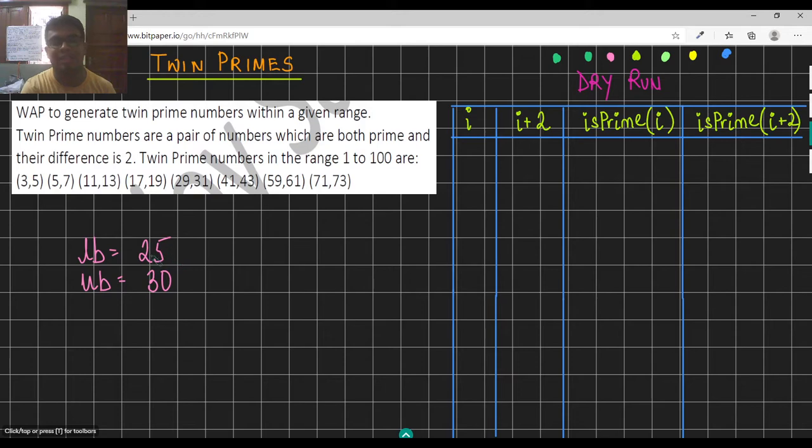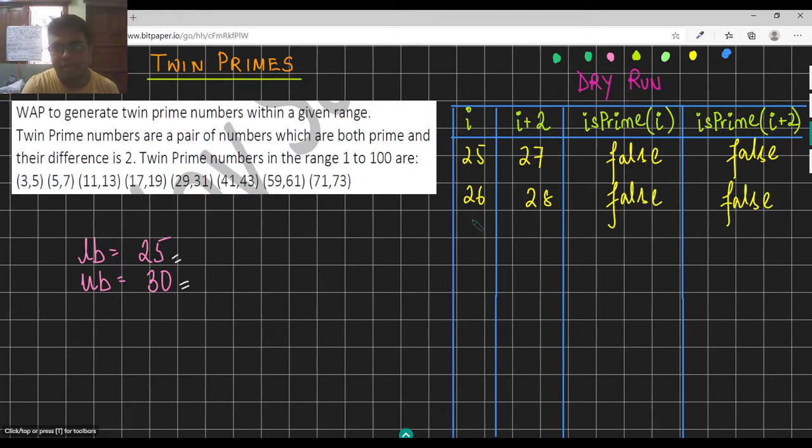Let's say the user has given the value of LB as 25 and the value of UB as 30, meaning that we need to generate twin prime numbers between 25 and 30. Let's begin, right? Our usual thing, we start off with 25, we add 2 to it, we get 27. 25 is not a prime number, nor is 27. So, moving on to the next number, 26, 28, they are not twin primes too. Then we move on to 27 and 29. Well, 27 is not a prime number, but 29 is. But still, as both of them have to be prime to be twin primes, they do not form a